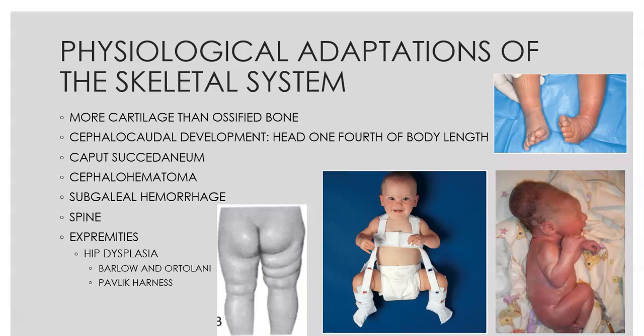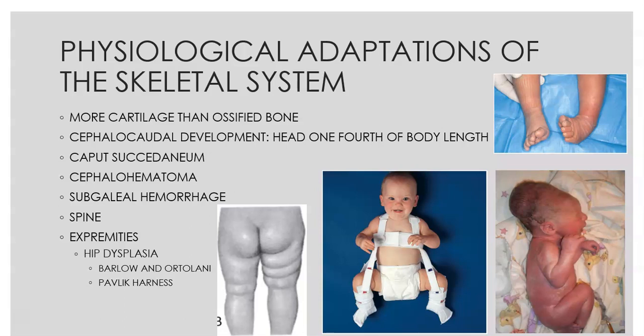One of the big things that you associate with the skeletal system, though, in babies is hip dysplasia. This is where it's not that their hip is fractured or broken or necessarily dislocated when they're born, but this is where those tendons and ligaments might be too loose on one side or even potentially on both sides, but usually it's one side. And because of that, they can easily dislocate.